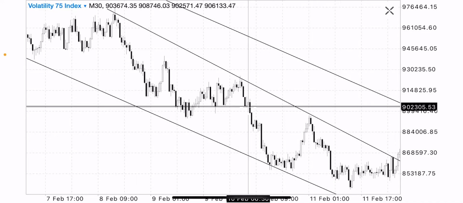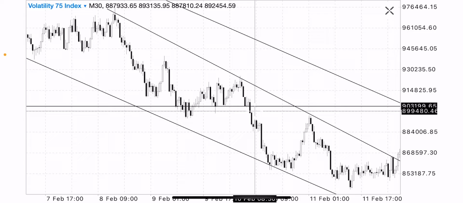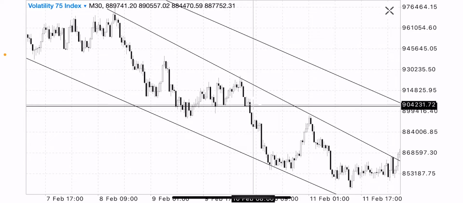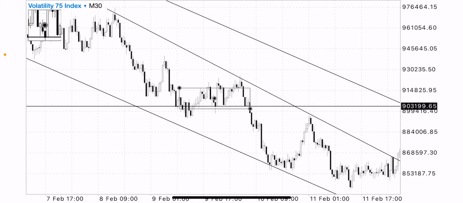There was a break of our support level here. Then this market, because you notice the market ranged here because of this support level. The market ranged here,